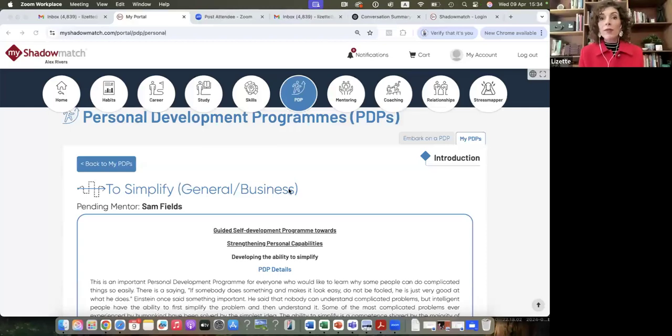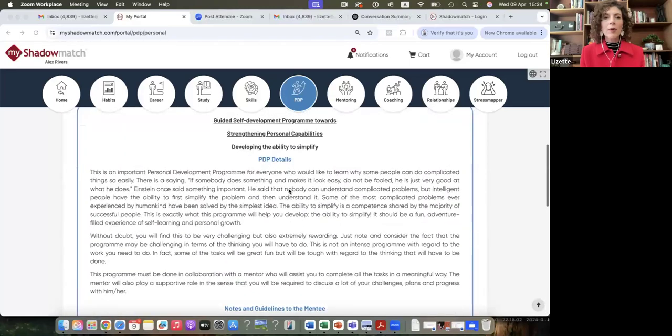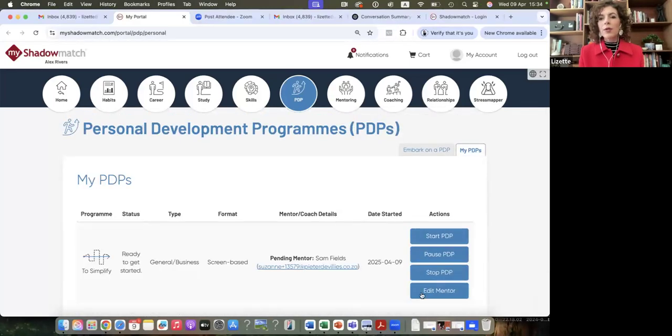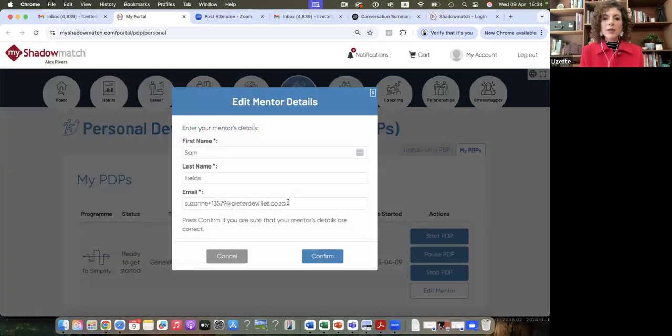Great. Let me share my screen. So this is where I left off. You can see that I can't progress. So I'm going to go back to my PDPs, and then I'm going to use the edit mentor option. As you can see, it's Peter de Villiers without an R. So I'm going to go back and I'm just going to type